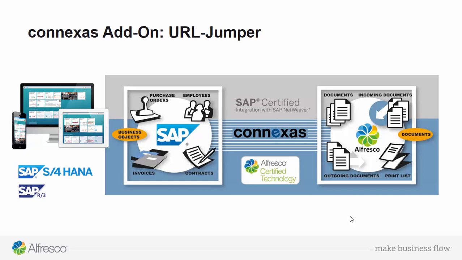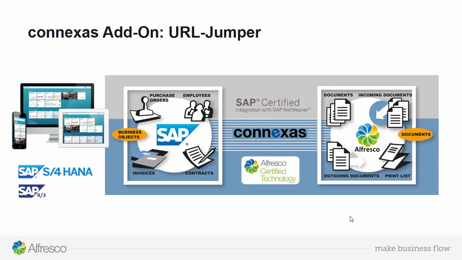Let me introduce the new Conexxas add-on that we have, our URL Jumper. The URL Jumper is a tool that enables you to display documents in SAP, not only with the SAP standard viewing components like the SAP document viewer, but also you can create a URL in SAP that jumps to